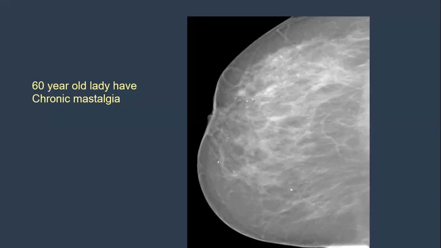There are calcifications. Okay, these are ductal calcifications. So, what do you think? This is a suspicious area. You have to do an ultrasound. Okay, ultrasound doesn't show a mass. It demonstrates some distorted ducts,